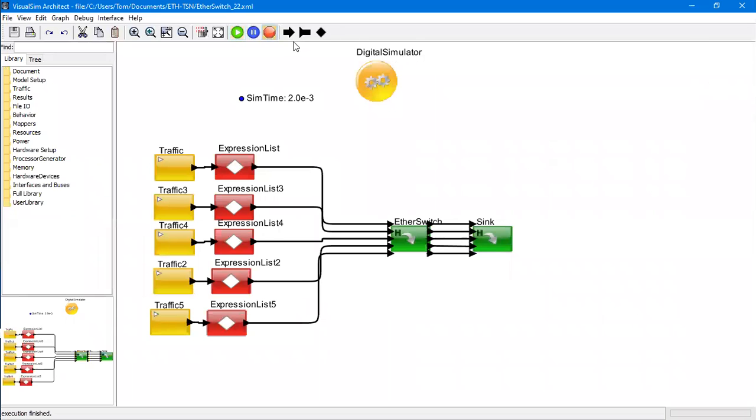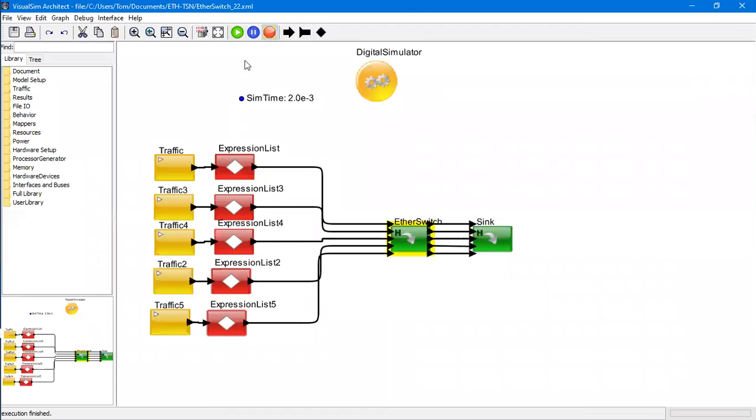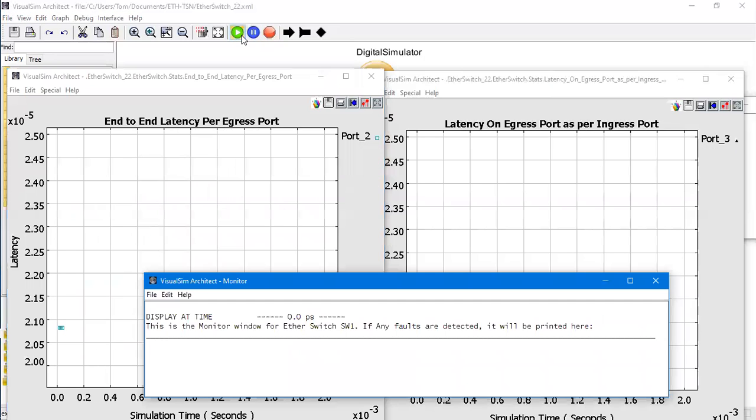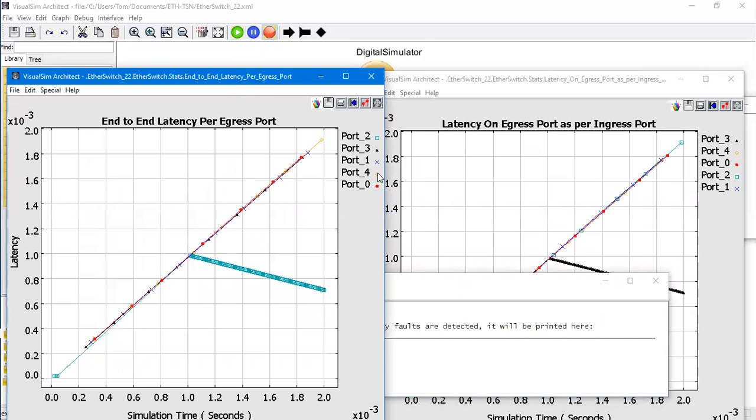Now let me use the TSN scheduler. I'm just going to click over here. We can see a totally different behavior over here.